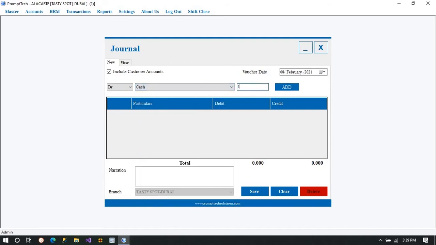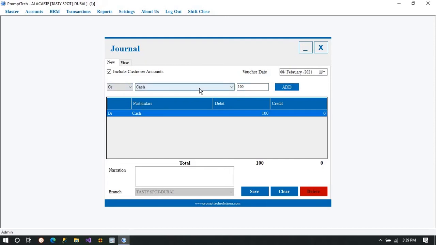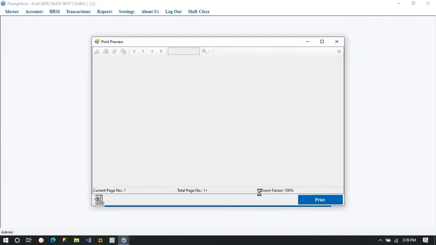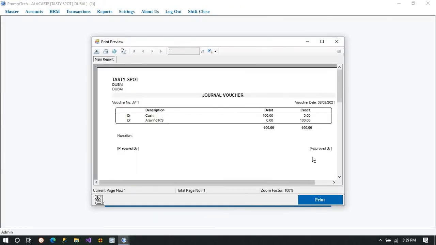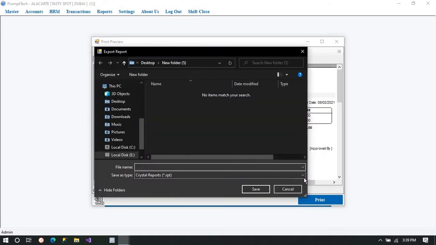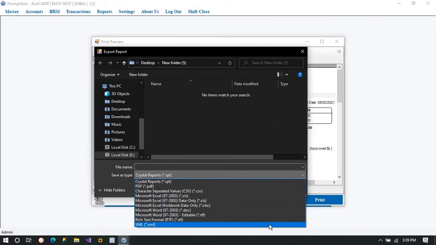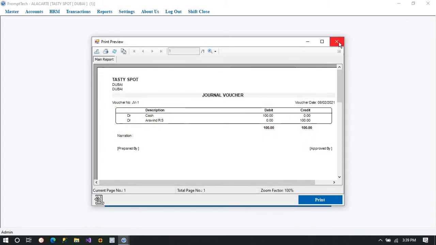I'm adding it. So you can add an amount over here, how much you have to pay to the customer, or the customer accounts, how much the customer accounts have come into the picture. So with debit, credit, Arvind, that means I have paid Arvind a particular amount, right? And I can even print this. So if you go to save, it will automatically open this print page, and you can print down the voucher or the invoice over here. It can be generated according to your convenience, right?